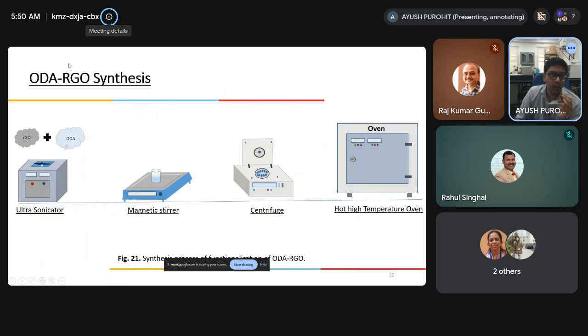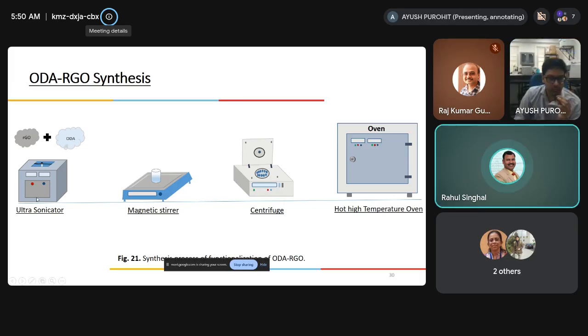So we try ODA RGO. We try to synthesize ODA RGO because ODA has a long carbon chain which makes the RGO partially like an amphiphilic molecule, partially, not properly. So what we do, we take 1:1 of RGO and ODA. Ayush, what is the full form